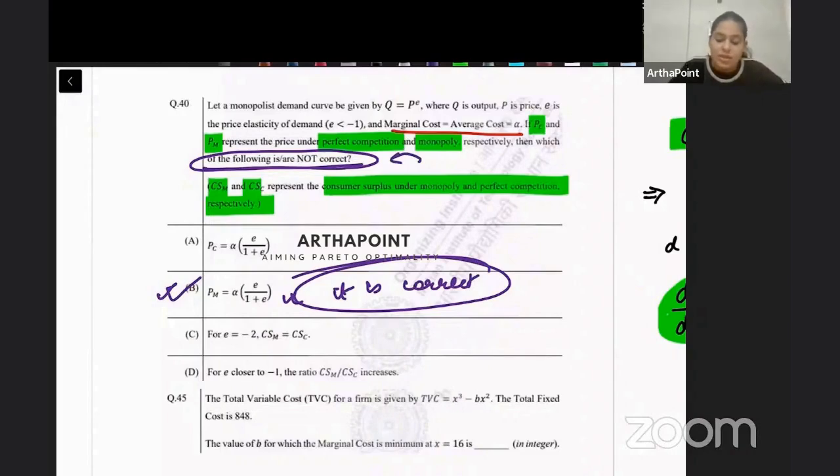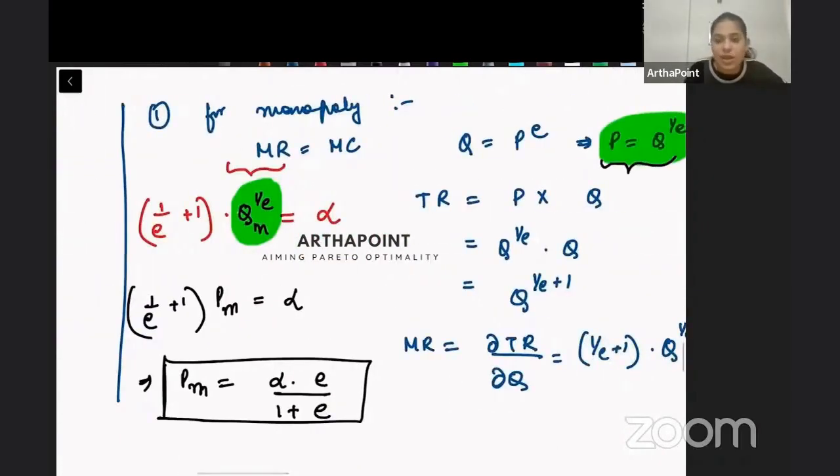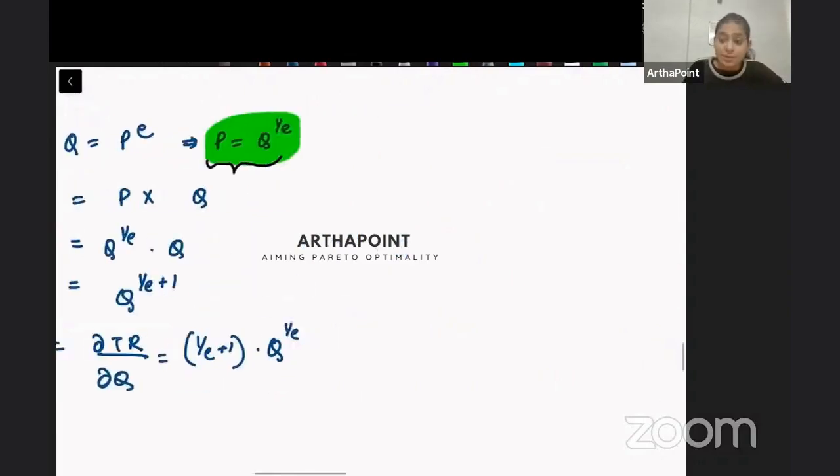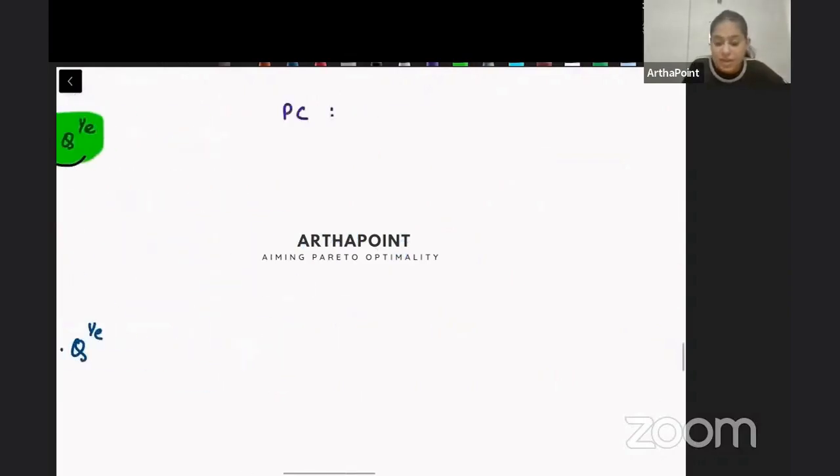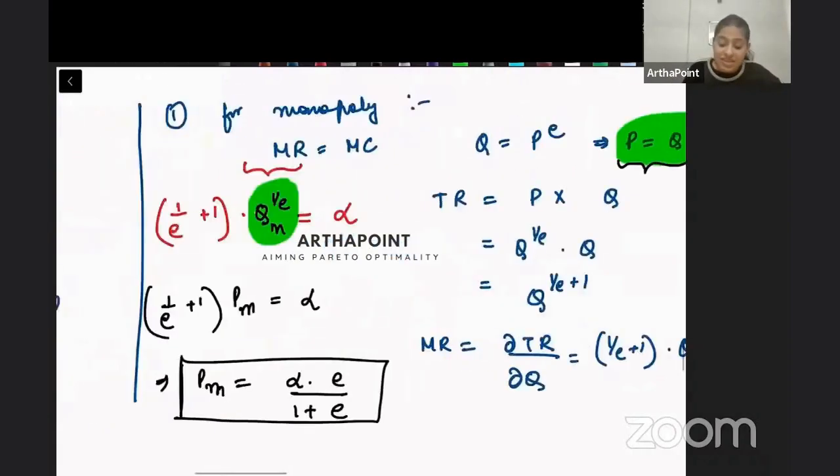Okay. Now, let's talk about the perfectly competitive firm. What happens for a competitive firm? A monopoly equates MR equal to MC. But a perfectly competitive firm equates P equal to MC. So for a perfectly competitive firm, PC should be equal to alpha. So this statement